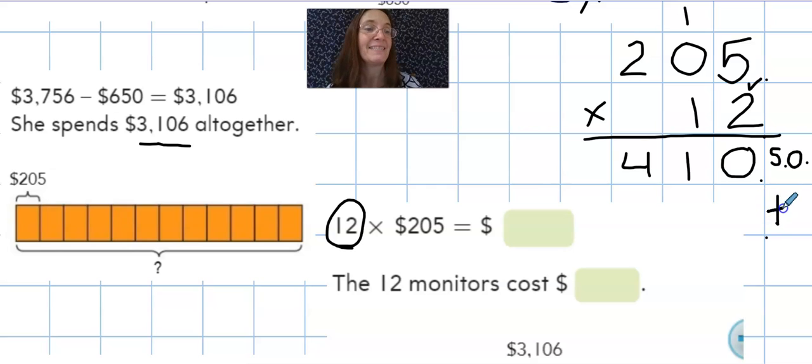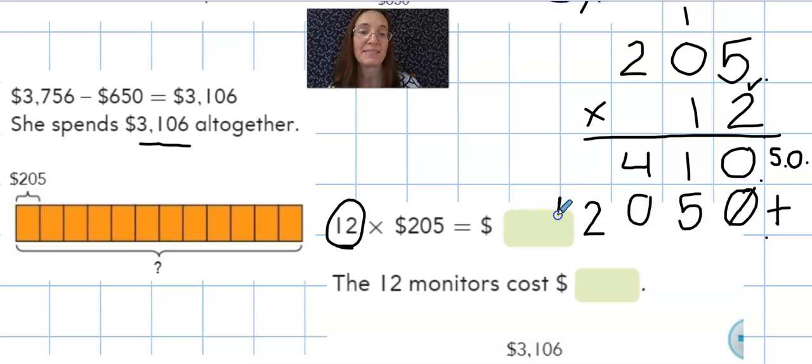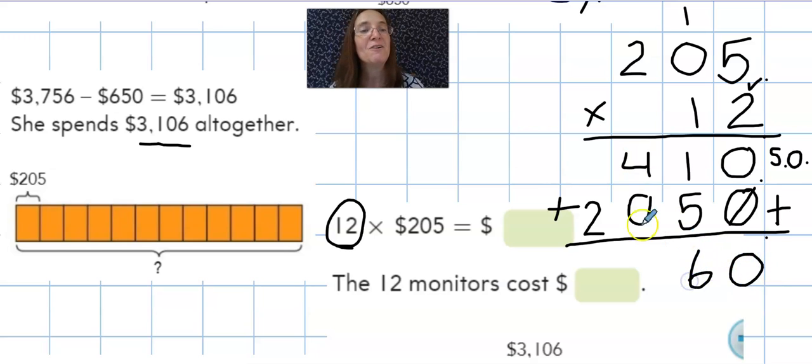I'm going to put my tens on the next row down. I will show it as the tens place by putting a placeholder 0 in here because I'm multiplying tens. 1 times 205 is 205, but that handy 0 right there helps push everything over into its correct place. Now, I analyzed 12 into single ones and tens. Now I have to put it together to get my complete product. 0 plus 0 is 0, 1 plus 5 is 6, 4 plus nothing is 4, and 2 plus nothing is 2. The 12 monitors cost